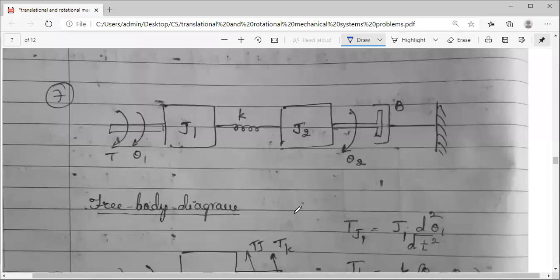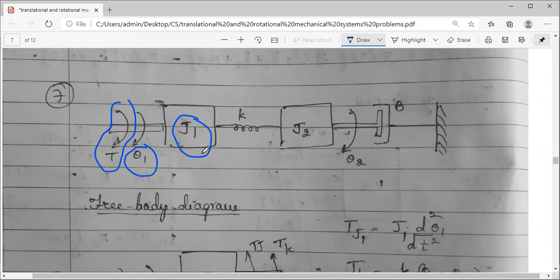Now coming to the rotational mechanical system, what change you can find is, instead of force, we go for torque. That is one difference. Then displacement, it is not linear, it is angular. So it is in terms of theta. There it is in terms of x, y, linear. Here it is in terms of angle. Then the mass is represented by m there. Here it is the moment of inertia, J. Then what are the three different elements in the case of the rotational mechanical system? One is the moment of inertia J, the second one is the spring, and the third one is the damper, right?